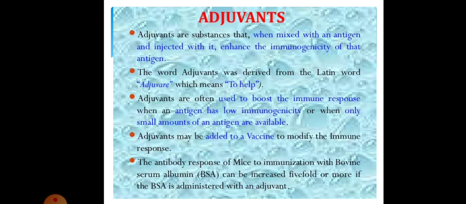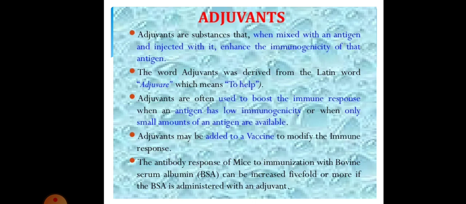Adjuvant का मतलब ये होता है कि किसी को help करना. Adjuvants are often used to boost the immune response when an antigen has low immunogenicity or when only small amounts of an antigen are available. एंटीजन की इम्यूनोजेनिसिटी बढ़ाने के लिए, और कोई एंटीजन अगर स्मॉल अमाउंट में है उसकी इम्यूनोजेनिसिटी और एंटीजेनिसिटी बढ़ाने के लिए एडजुवेंट मॉलिक्यूल हेल्प करते हैं. Adjuvants can be added to a vaccine to modify the immune responses. एडजुवेंट वैक्सीन में भी मिक्स किए जा सकते हैं, एडिड किए जा सकते हैं इम्यून रिस्पॉन्स बढ़ाने के लिए, मॉडिफाई